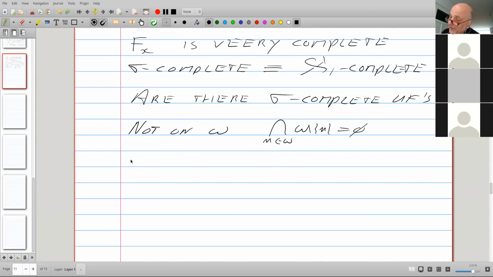Also not on R. That's relatively easy to prove, and I put that in the homework, mainly because the argument is so nice and it's nice to figure it out for yourselves.